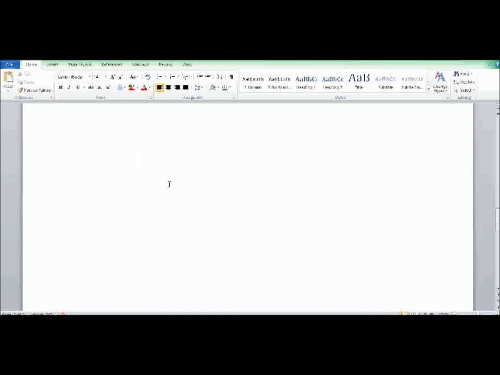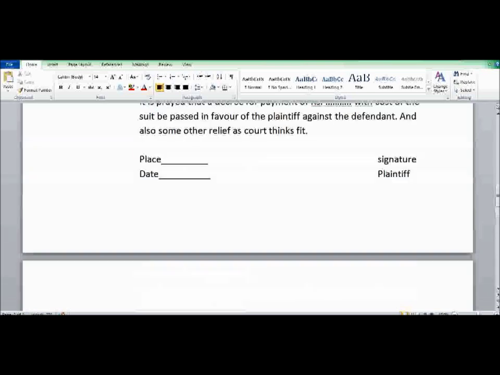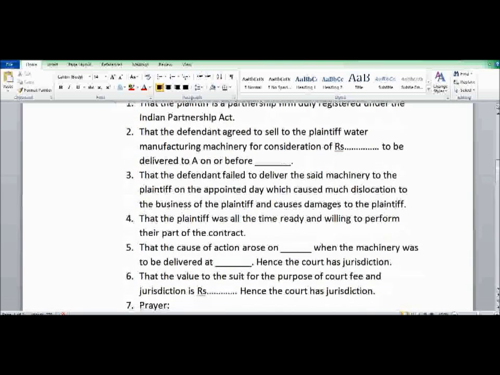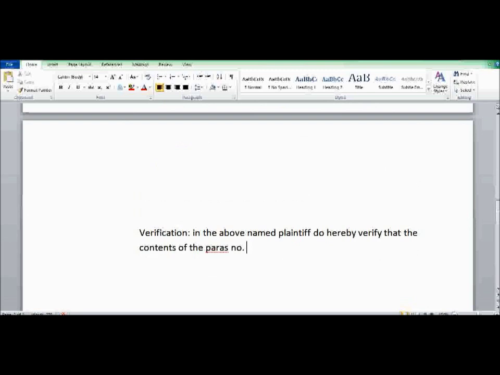No important fact has been concealed by the plaintiff, so we will write the heading verification, and we will start it as: I verify that the contents of paras, now we will write the number of paras, that would be 1, 2, 3. So we will write 1, 2, 3